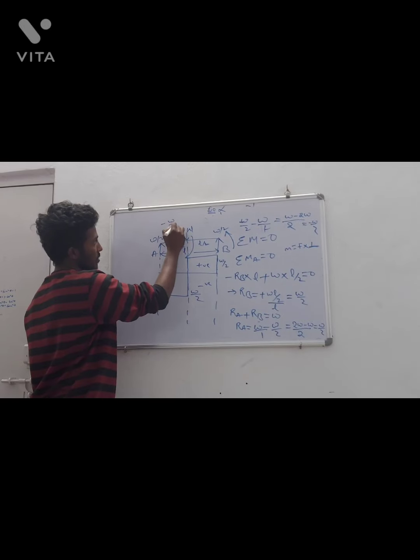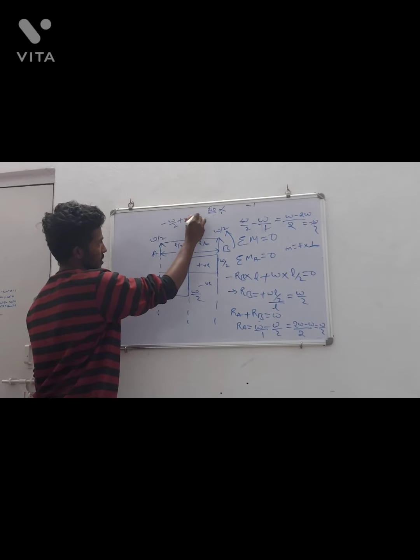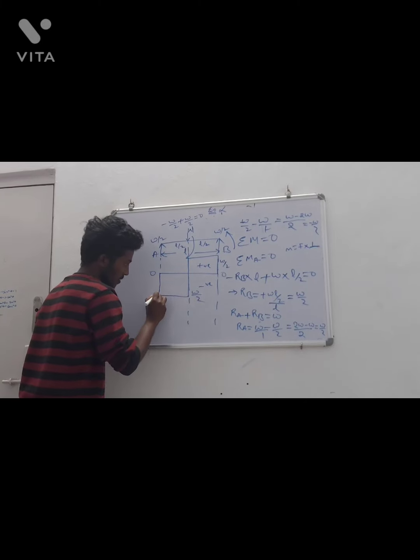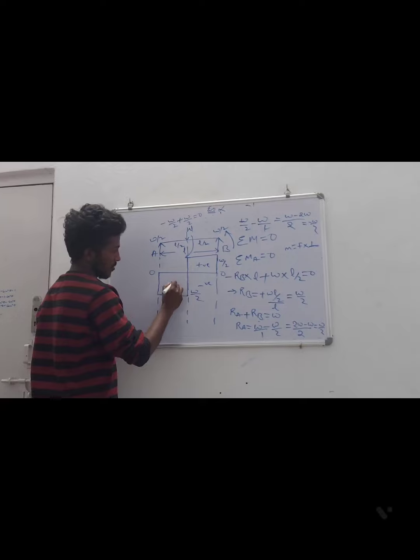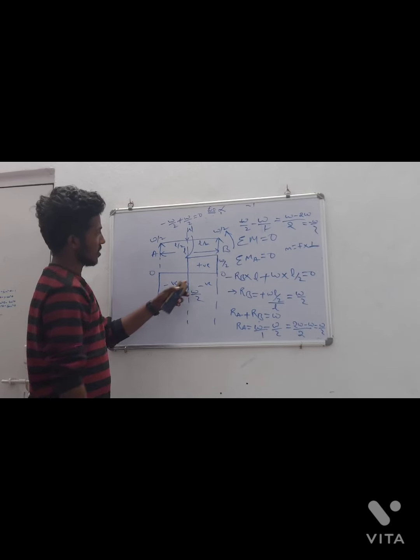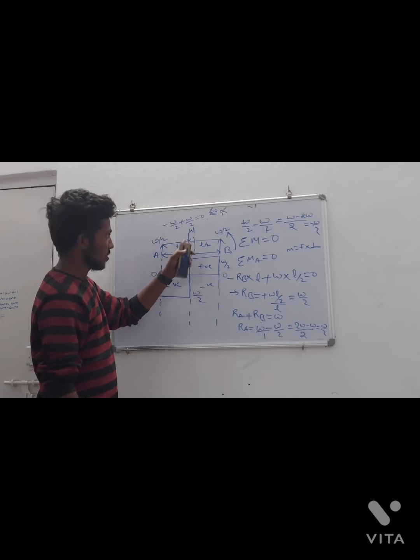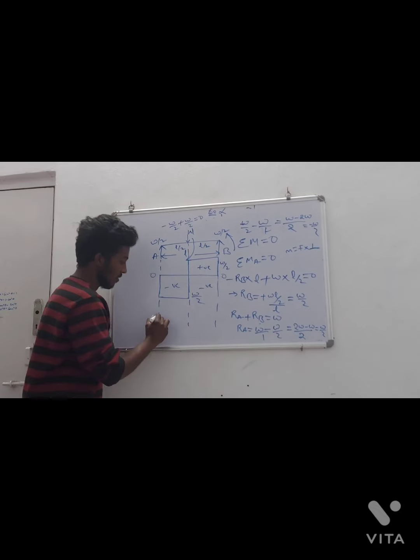So minus W by 2 plus W by 2 is equal to 0. That means this ends at 0. So this is the shear force diagram for a simply supported beam having a point load W at the center. And now we will discuss the